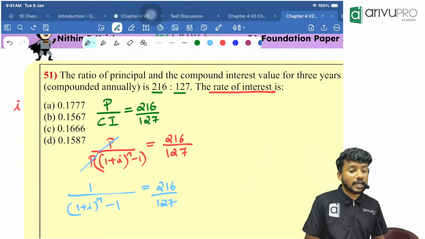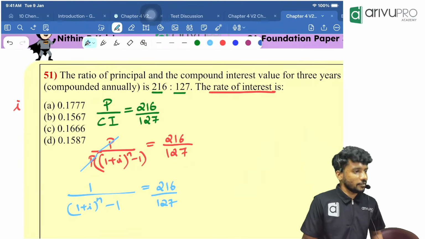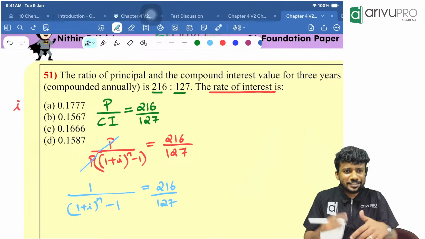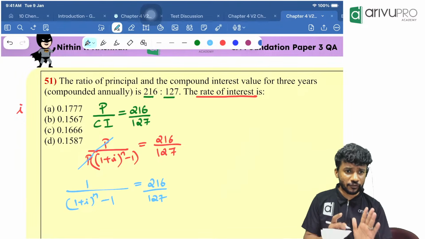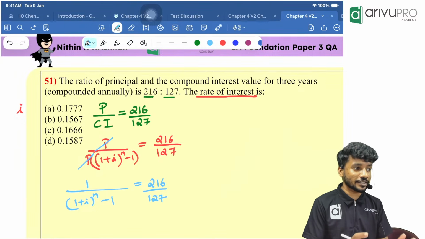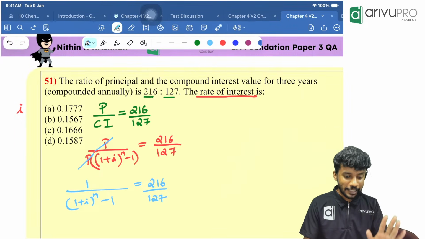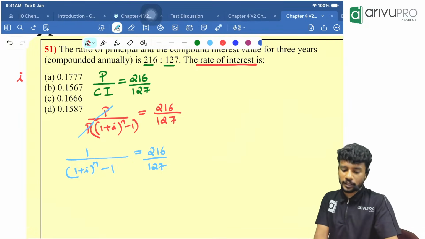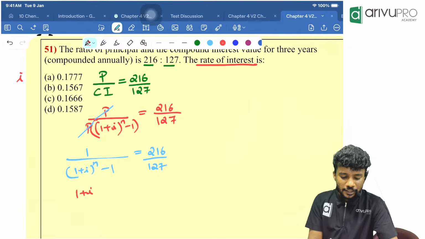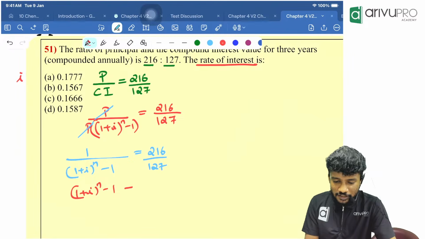If I want, I can directly option hit from here itself. But for our sake, I will just take the reciprocal, for better understanding. If you want, you can option hit from here itself and check whichever gives LHS equal to RHS. That will be your option, just like yesterday. Now, if I take the reciprocal, what will go to the numerator? 1 plus I, the whole power n minus 1, goes to the numerator, which is equal to